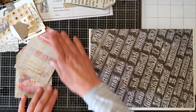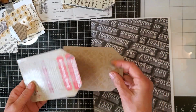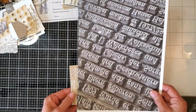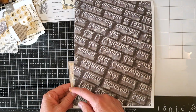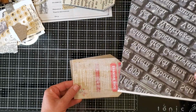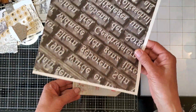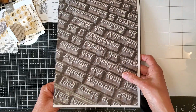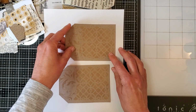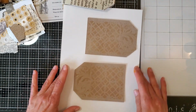Okay, so the way I'm going to do the cover is, this is the back and this is the top. So I'm going to make a spine just with the paper. So the way I want to do it is I want this upside down because I think it looks best that way since it's backwards as well. So I want the design going this way for the cover and this way for the back. Okay,